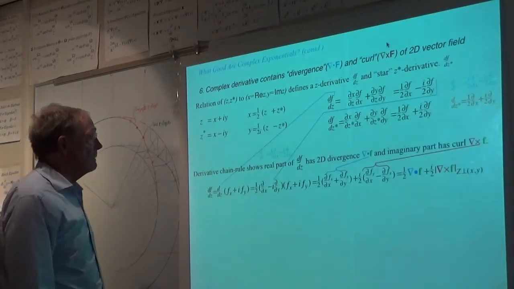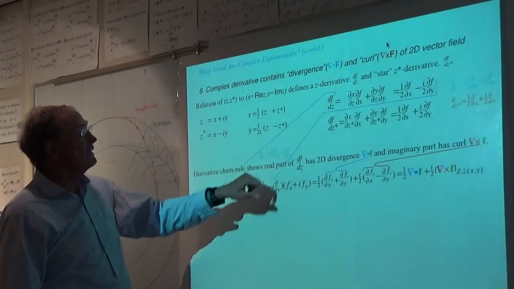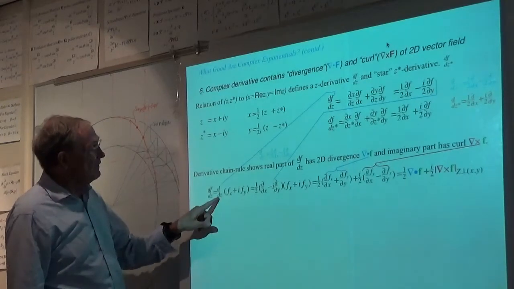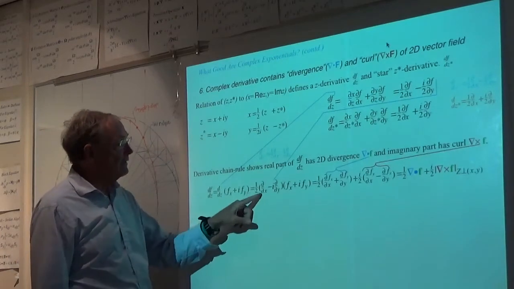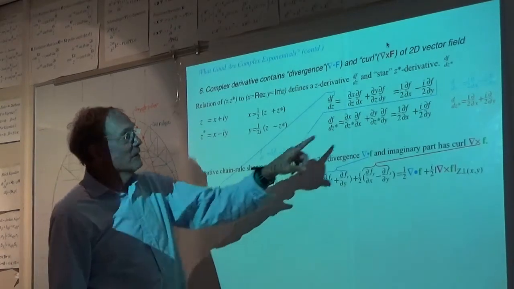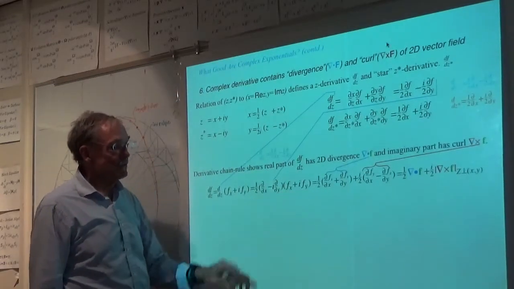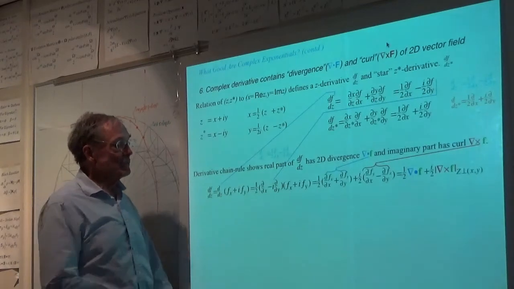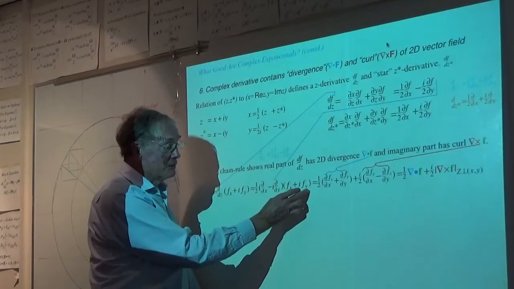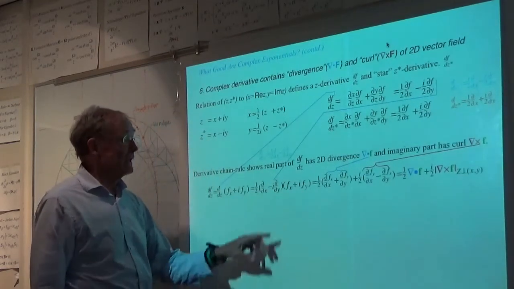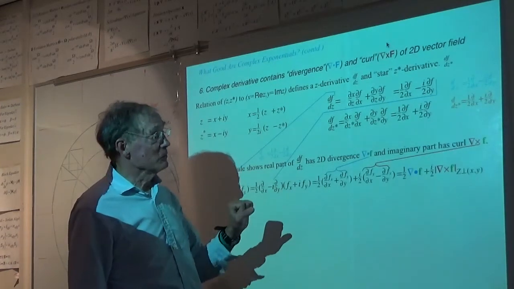So here's the deal. The derivative chain rule, okay, where d dz is this, okay? We're going to do the d dz of fx plus i fy. That's a function. Okay, and here's the derivative that's coming from this thing right here. All right? So we're going to multiply through, we get 4 terms here. Very similar to when we multiplied a star b as vector. Now it's an operator on a function, a complex function. And it will eventually be called an analytic function if it obeys certain rules.